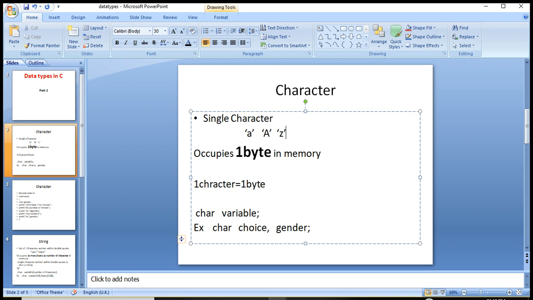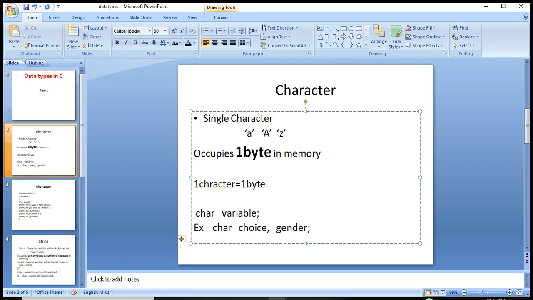Like A has 65 code, and capital B has 66 code, and so on. We can store a single character into a variable.